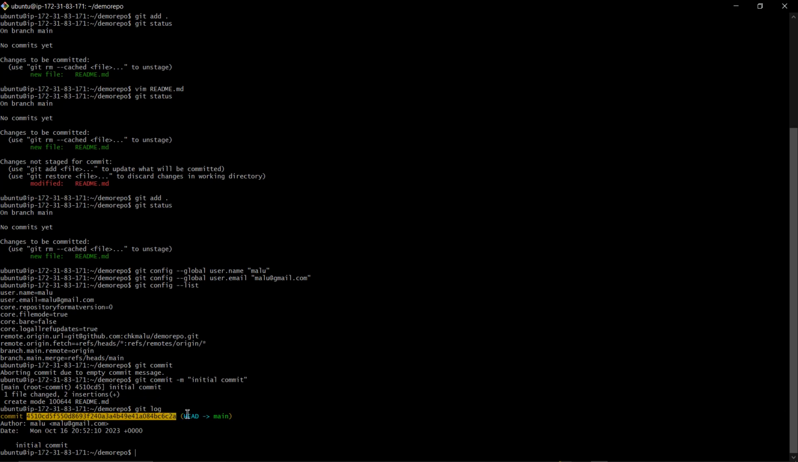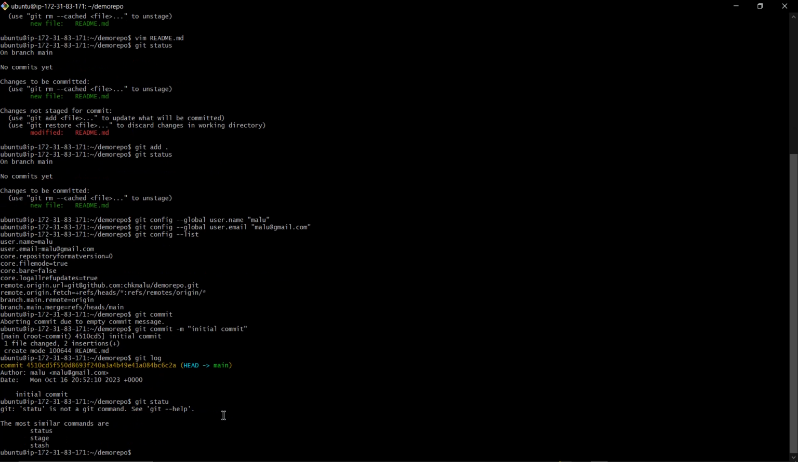So this commit is being made on the main branch on my local repository, but it has not been pushed. Currently, this commit is still on my local repository. If any engineer clones that repository, they're not going to see this commit until I push it to the remote repository. So if I do git status now to see my changes,